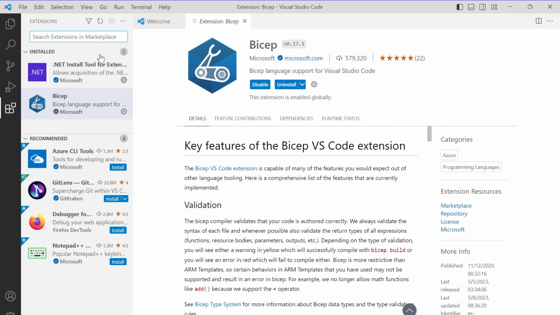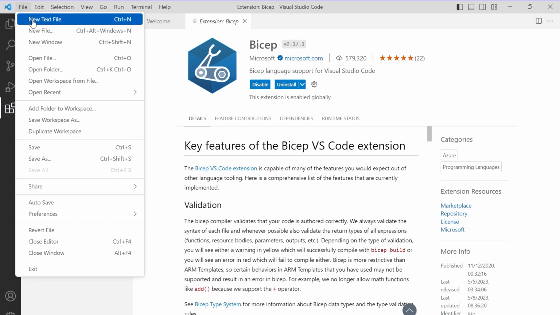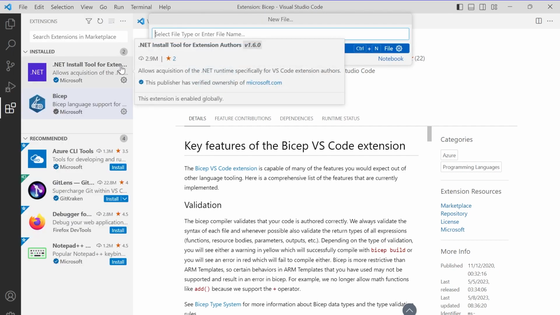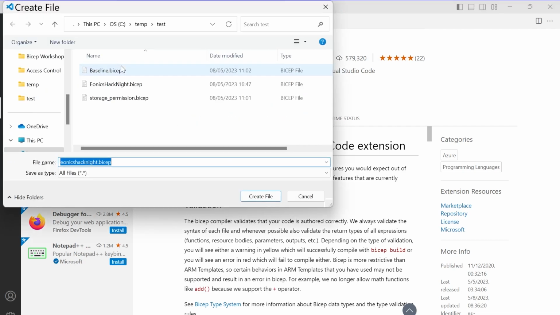So where is my mouse? It's here. We're going to make a new file. New file. Not .demo, but .bicep. So we'll create that. I did that before.